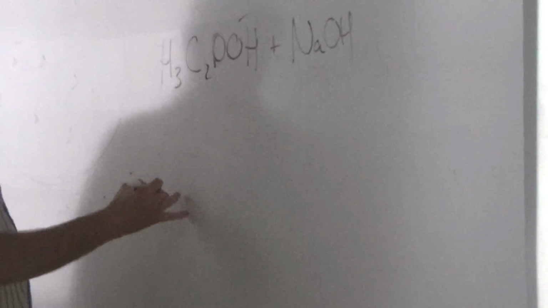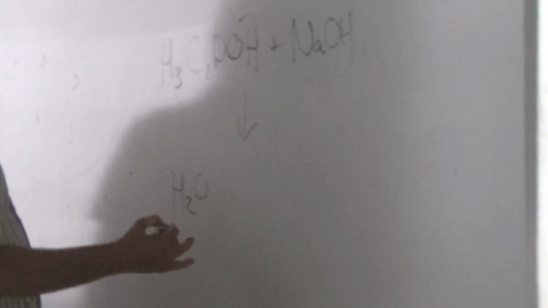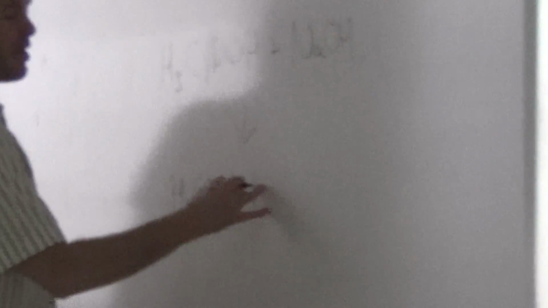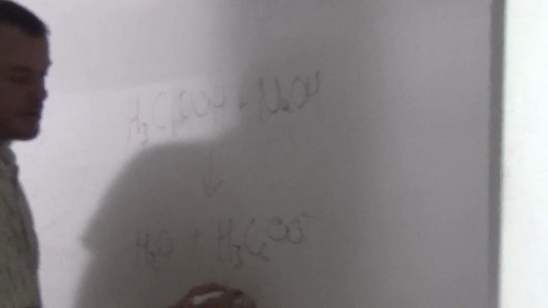You take that guy, titrate it with sodium hydroxide until you've added equal molar amounts of both. Now what do you have in solution? This guy becomes H2O, because these OH minuses pick off those protons and turn into water, and you end up with H3C2O2 minus. And this guy is a weak base,